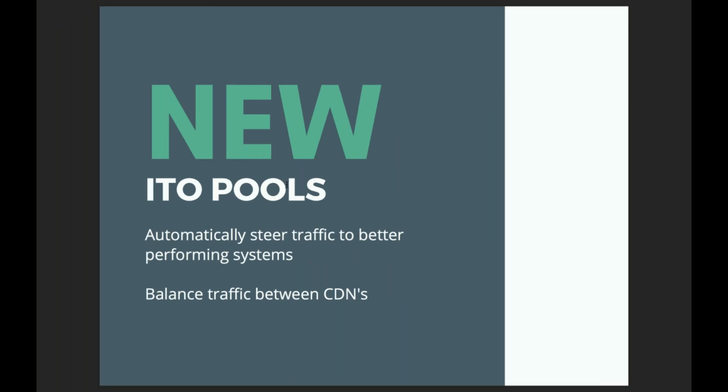I'm going to talk a little bit about ITO pools. This is a brand new feature that we're pushing out this week, and you'll be able to make pools of endpoints. A lot of people will use this for CDNs. If you have a multiple CDN configuration and you want to bounce your traffic across them, say you want the majority of your traffic to go to the CDN that's performing better at that time, you would create a record pool, and then you can create ITO rules that say, you know, in this point,